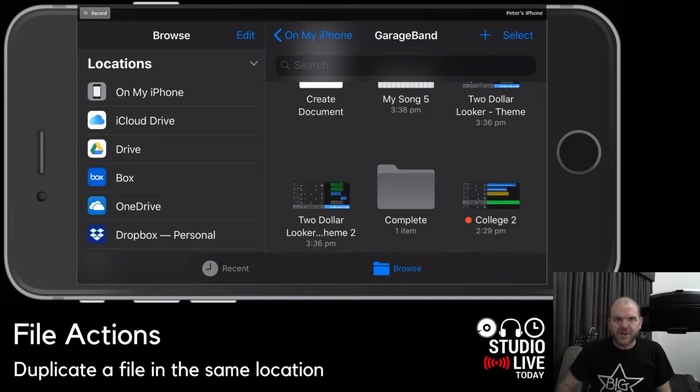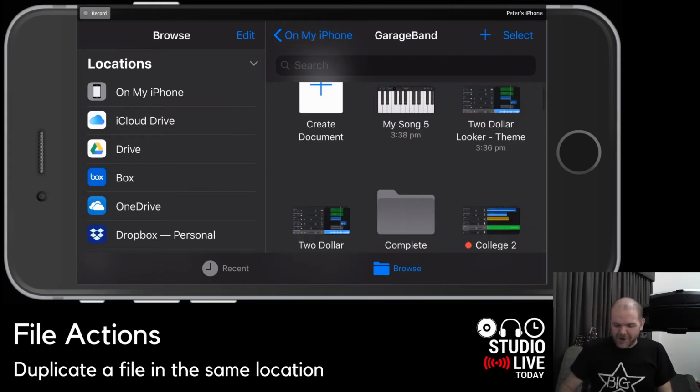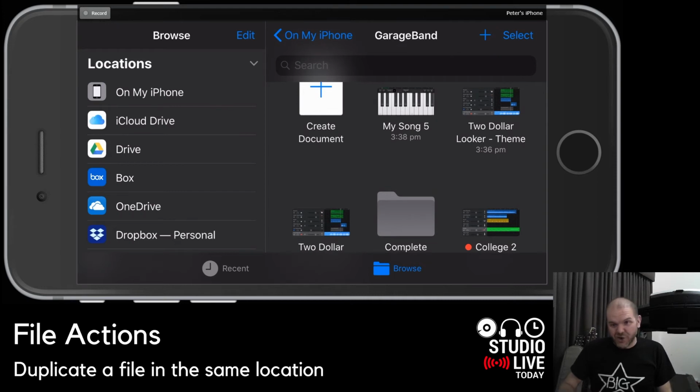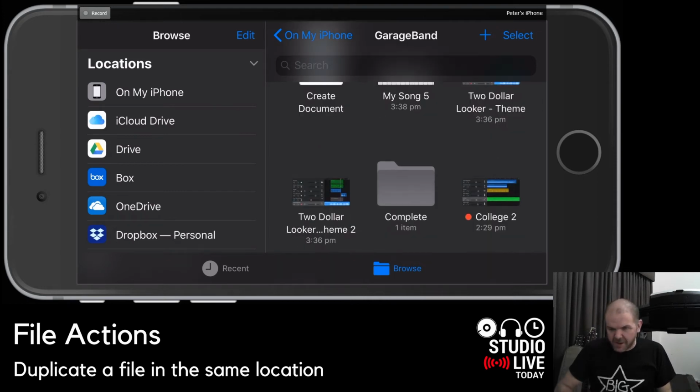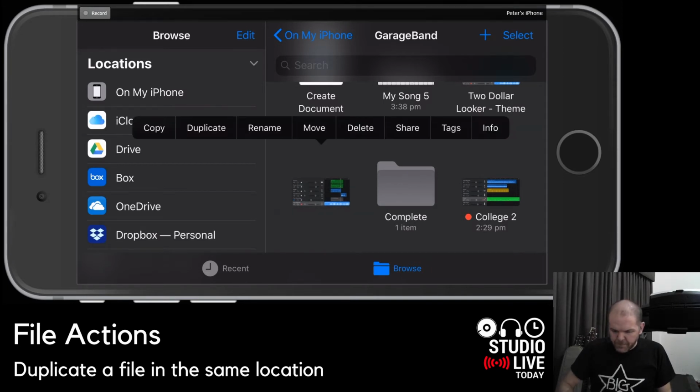There you go. You've just witnessed live an error that I've never seen before. So clearly a few teething problems still here in this version. Anyway, what I did is I tapped and held and hit duplicate, and we've now got a second version of that same file down here. Once again, let's just delete that, tap and hold, hit delete, because we don't need that